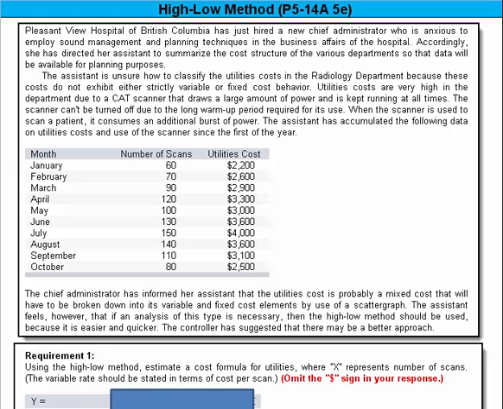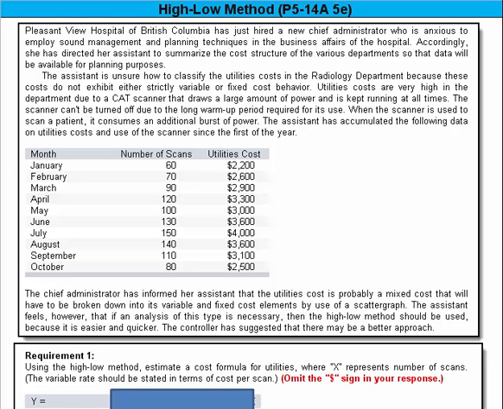Let's take a look at this high-low method problem. Pleasant View Hospitals of British Columbia has just hired a new chief administrator who is anxious to employ sound management and planning techniques in the business affairs of the hospital. Accordingly, she has directed her assistant to summarize the cost structure of the various departments so that data will be